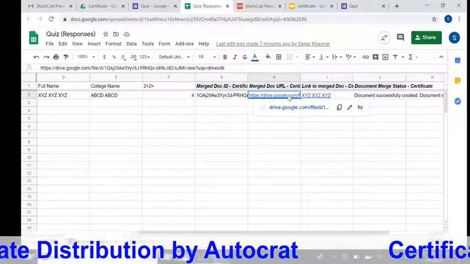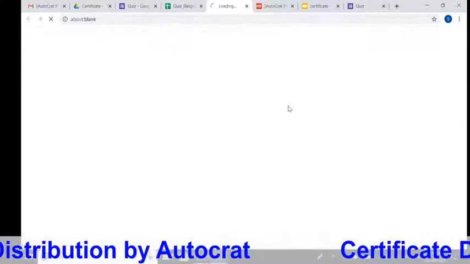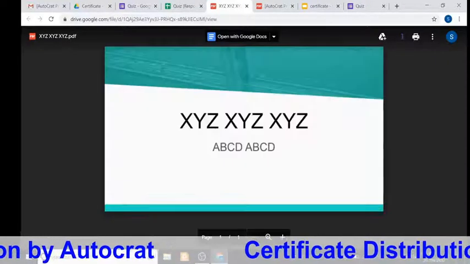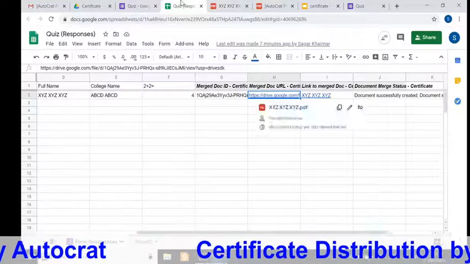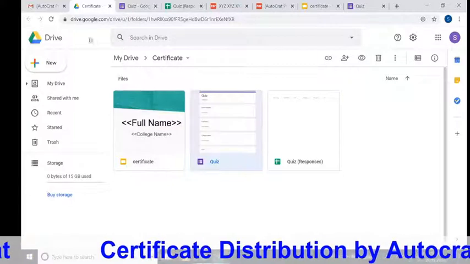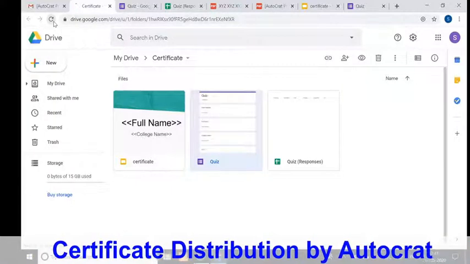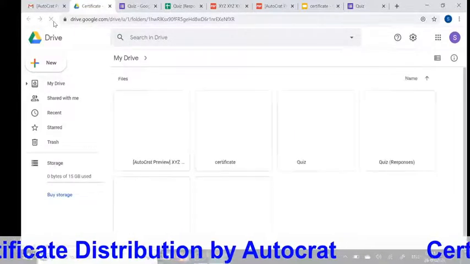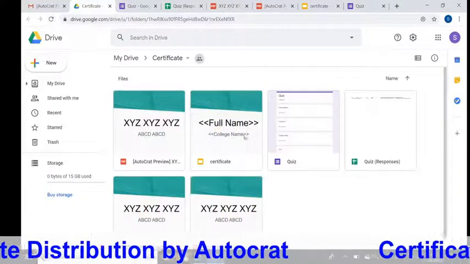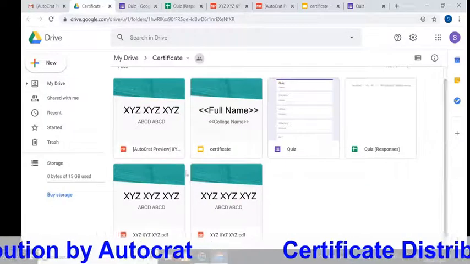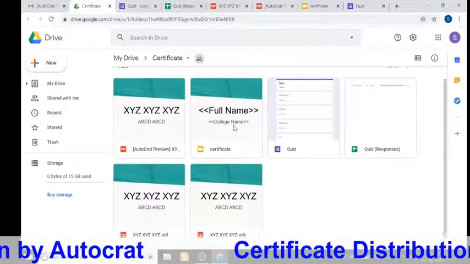If we click on this link, then this link provides certificate of the participant in PDF format. Similarly, this certificate gets stored into the folder where we have saved all the files. This is the certificate.